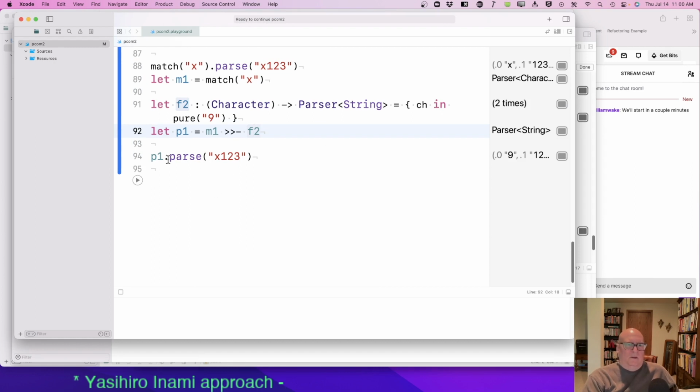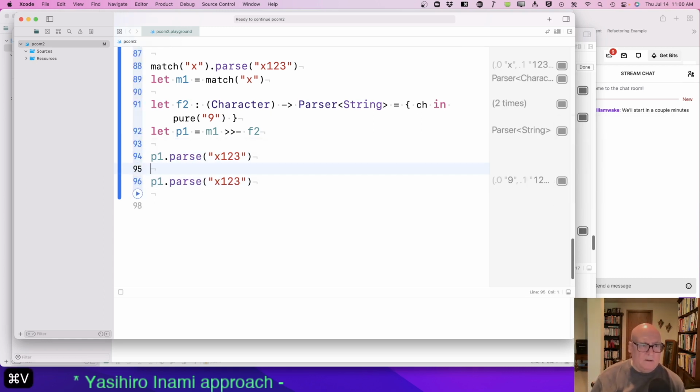What? m1 is that. All right, and what do we expect? Well, we expect the x to be converted to a 9, and then the rest of the input. And I think that's what we're seeing here. Input x is a string. If we did the same thing with m1, we should get a character back, the x.